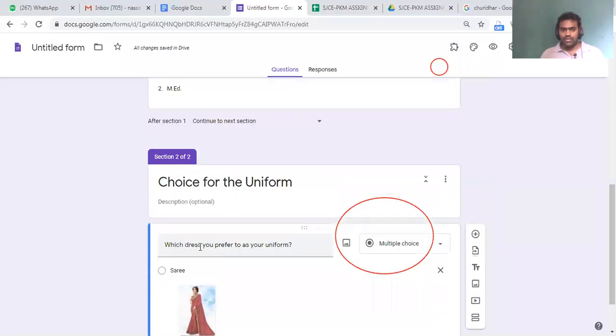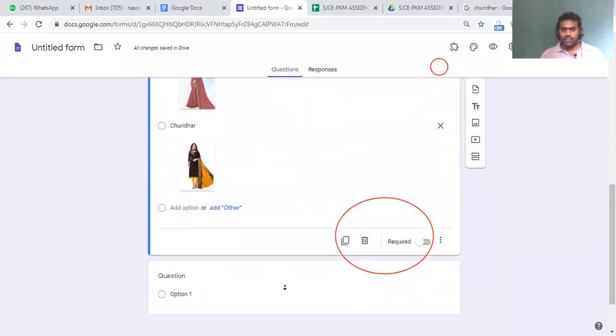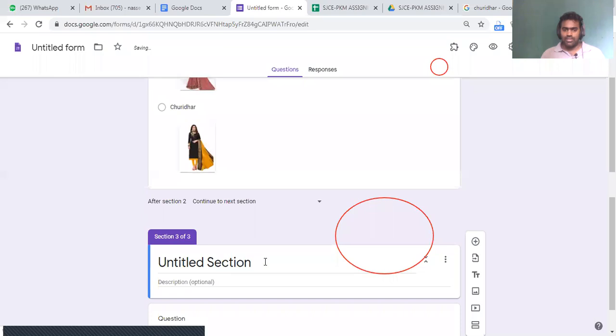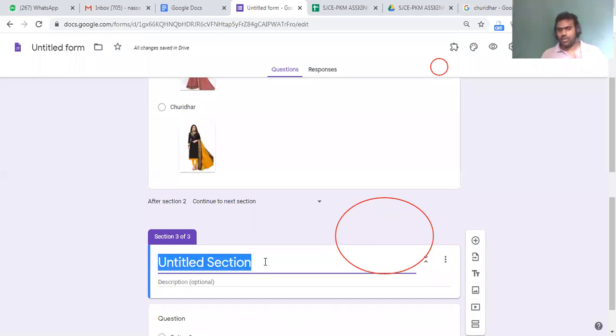Now this is done. Now the color. So here you will make one more section. You are making a section. This will be displayed in another page.